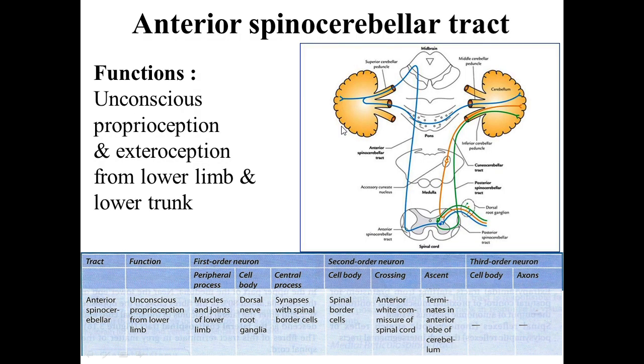Then the next tract is the anterior spinocerebellar tract. Now, as the name suggests, it extends from the spinal cord to the cerebellum. So it conveys the unconscious proprioception and exteroception from the lower limb and lower trunk. Here this blue line indicates the anterior